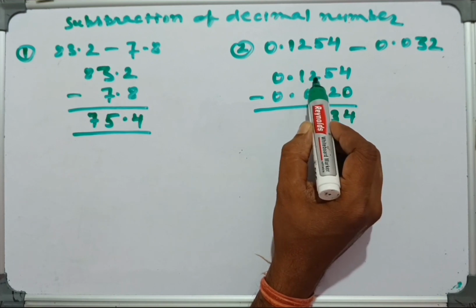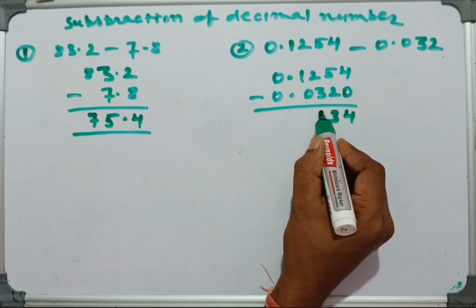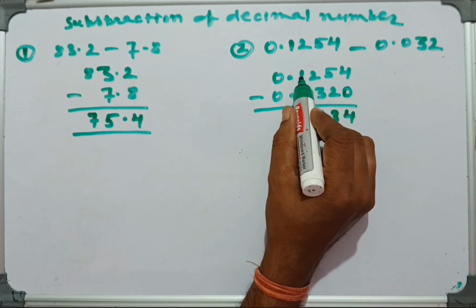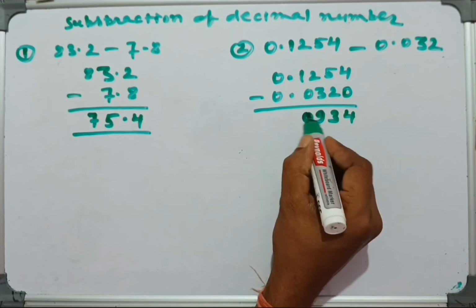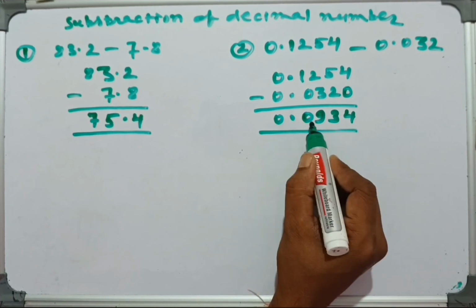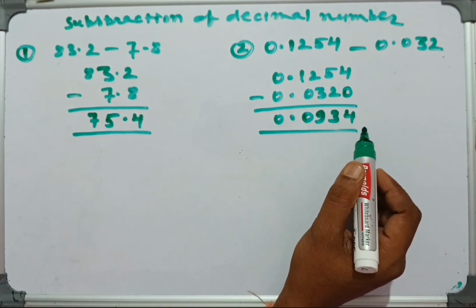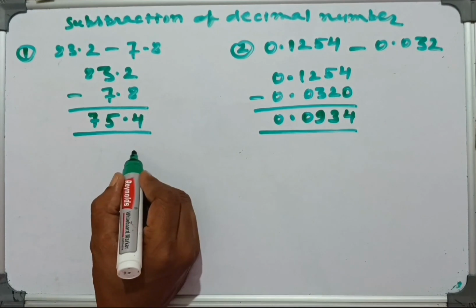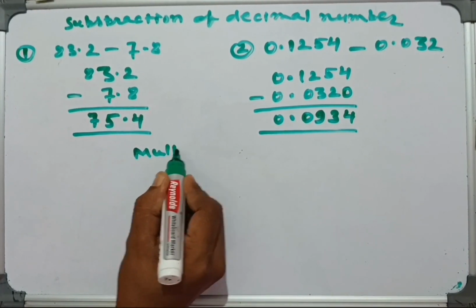Okay guys, then this becomes 12. 12 minus 3 equals 9. Now when 1 gives a carry, it becomes a 0. Okay guys, now the solution is 0.0934. Now see multiplication